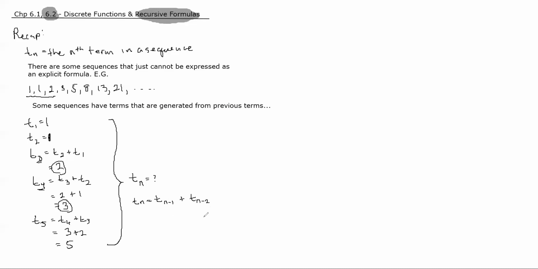Wouldn't that make sense? This is an example of a recursive formula: a formula where the formula itself involves previous existing terms. Yeah, that's all there is. All we got to do is make the distinction between a recursive formula versus an explicit formula